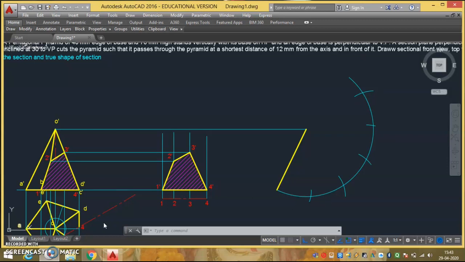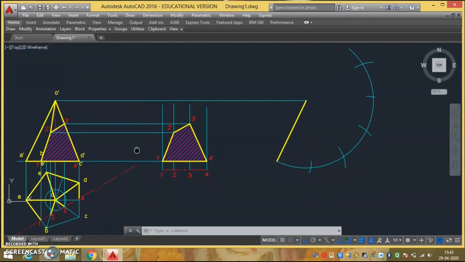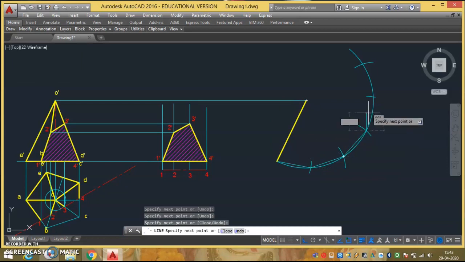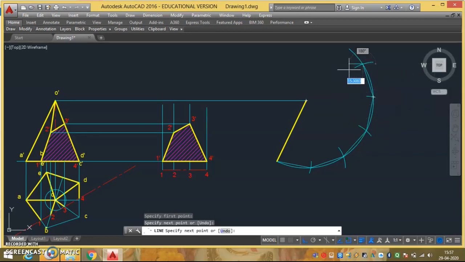After that, once you get this arc, next you have to take the distance AB, BC, whatever; all distances are the same, that is 40 mm. You take that much distance here, keep it here, and mark 40 mm up. Then from here 40 mm, 40 mm, 40 mm, 40 mm. Once you get that, you can join all these points. So if I go on joining the points, what I'll get is from here to here to here to here. Once these lines are drawn, then we can join those corners with the apex.